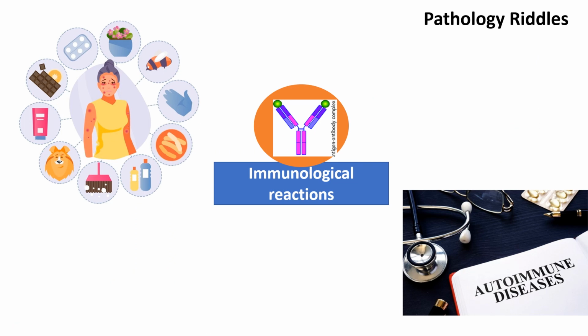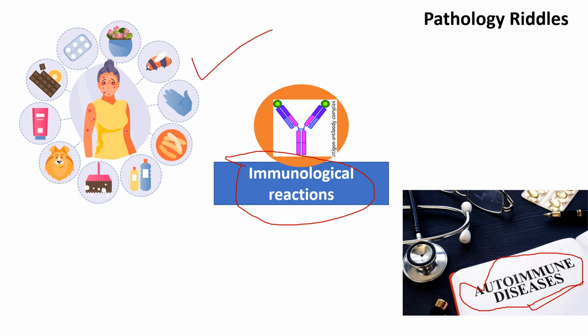The next cause of cell injury is immunological reactions. Although our immune system is meant to protect us against foreign particles and pathogens, in some diseases this immune system may recognize our own tissue as pathogen or foreign and injure them. These diseases are called autoimmune reactions. Examples of autoimmune reactions are rheumatoid arthritis, SLE, Hashimoto thyroiditis. Allergic reactions, bronchial asthma are also examples of immunological reactions.